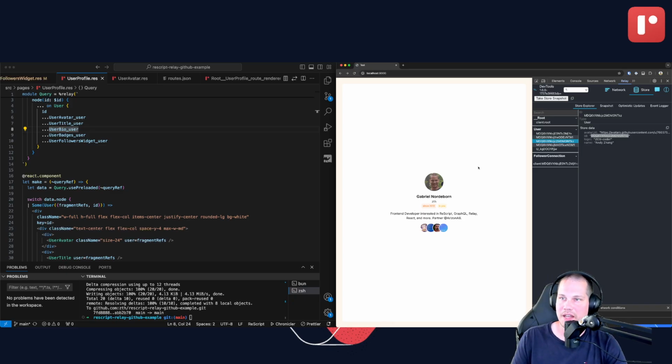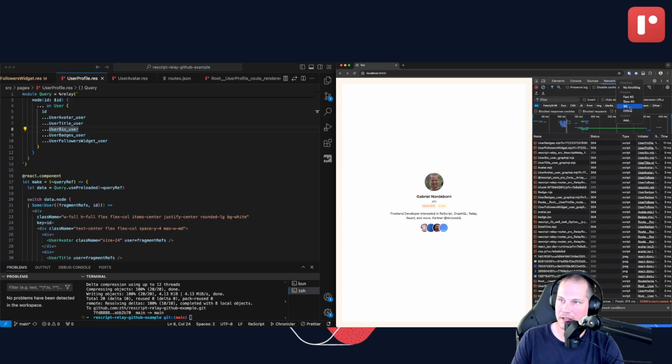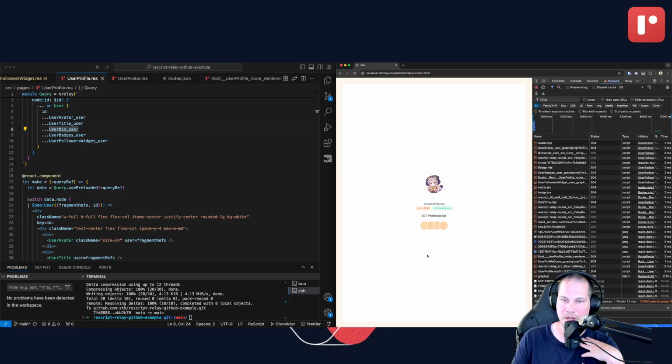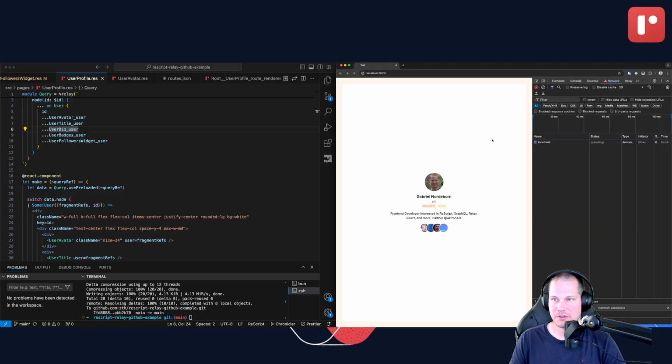So what I want to show you is that, because this data already exists in the cache, you can get around this experience that we have now, where if I click this user, it needs to load everything fully before it can show the view, because it wants to show everything here. You could render this view with the avatar and name and stuff without rendering these things, just because you already have all of that data, right? So you could transition to that view and then wait for the data while showing the data you already have, which is pretty cool. So in order to do that, what we need to do is create